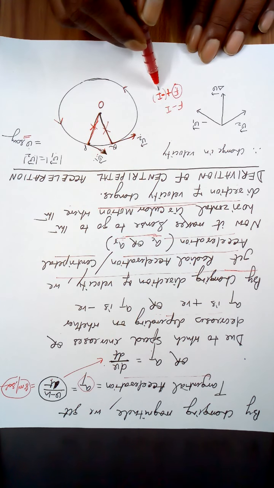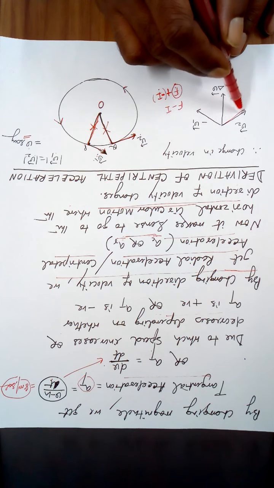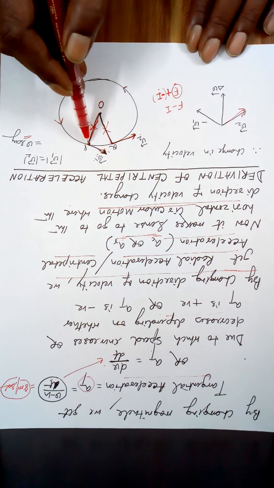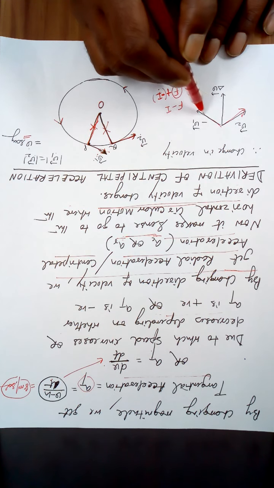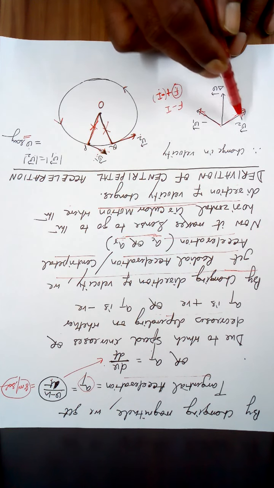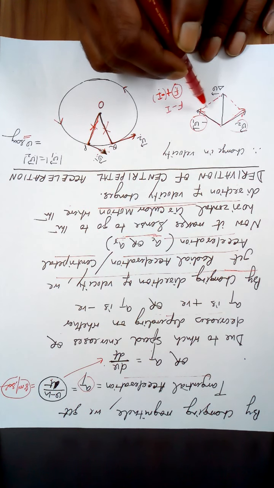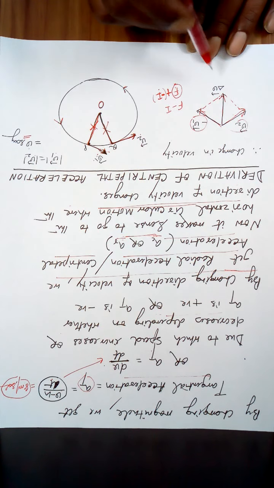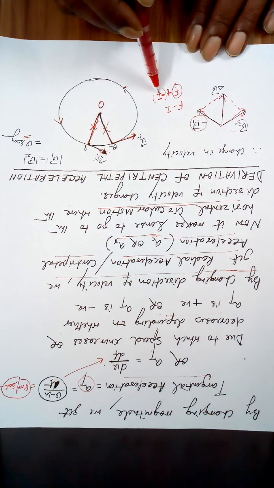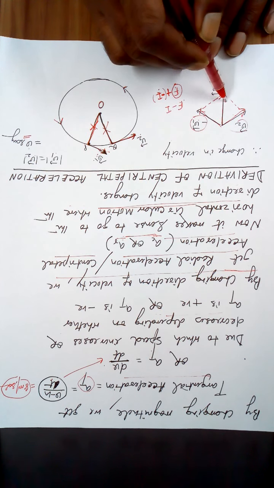This is a vector, this is a vector, this is a vector, this is a vector. So this is your final value V2. You take the negative of this, if this is V1, then this will be minus V1. Now the resultant of these two, according to parallelogram law, will be this. So final minus initial, final plus of minus initial value, that is same thing as saying final minus initial is the change in velocity.